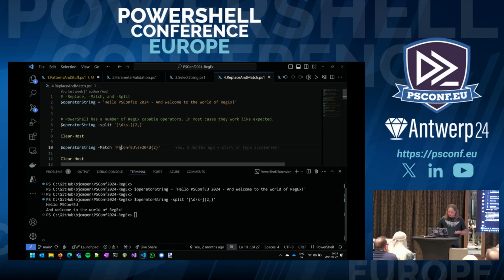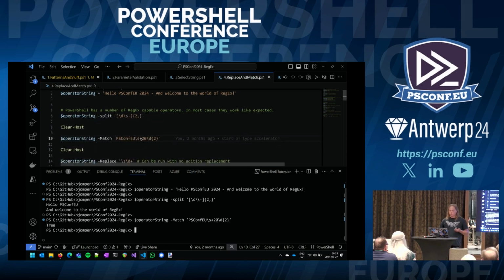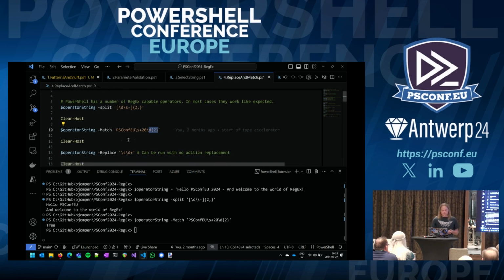We can also do match and say, hey, does the string match this pattern? And it does. PSConfEU, space 1 or more, 20 literal, and then any 2 digits.